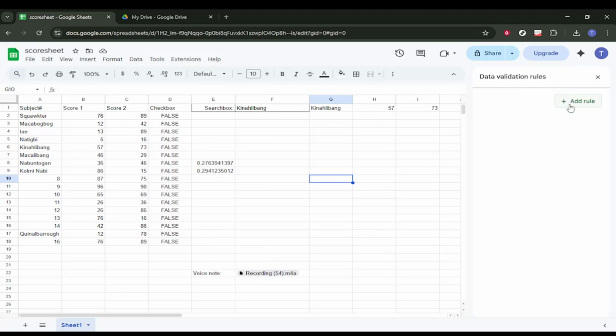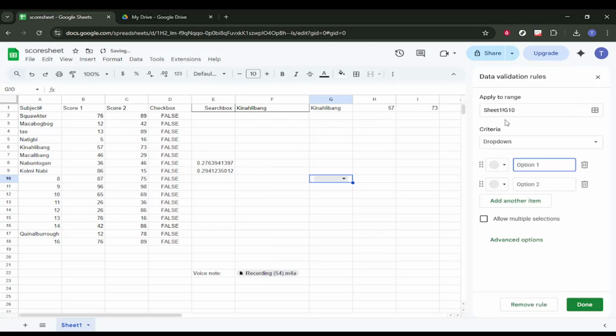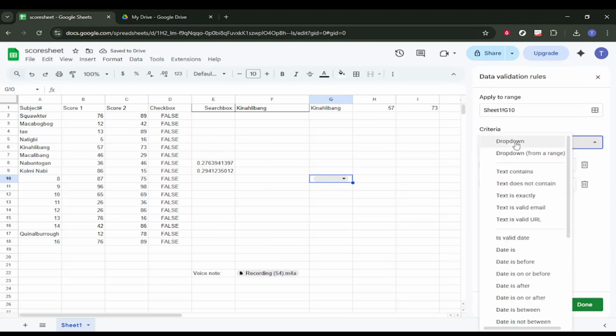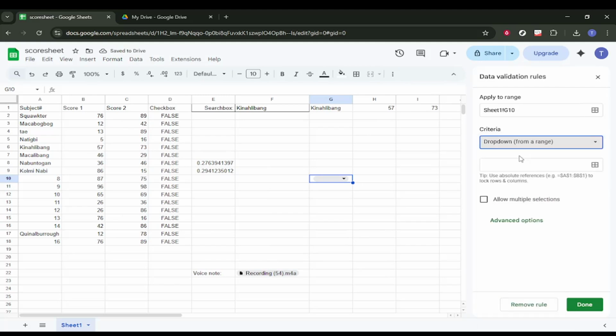You will see different rule types. Click Drop-Down, and then switch it to Drop-Down from a range. This option is what makes the drop-down list pull its choices from cells in your sheet, instead of typing each option manually. It is also the setup that supports searching within the drop-down, which is especially helpful when your list